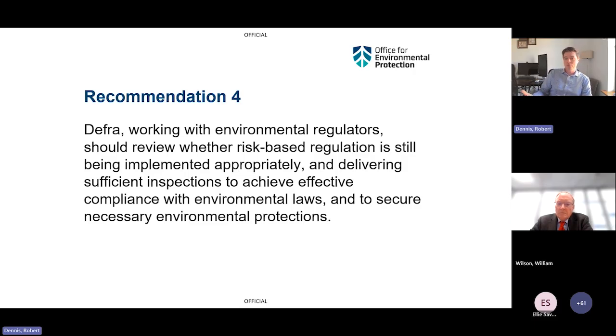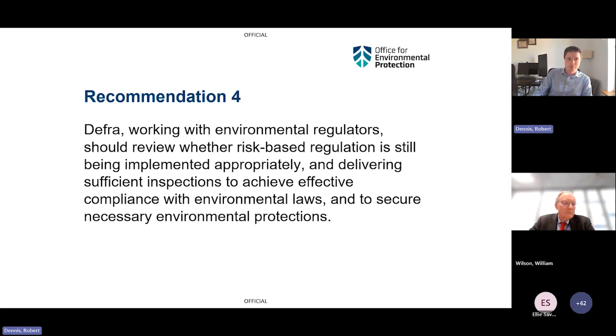And of course, the principle there is that if you have a site or an activity that is regarded or determined to be of higher risk to the environment, it's going to receive more compliance scrutiny. And generally what we found in our case studies was that where regulators had attributed higher levels of risk to certain activities or sites, they did then give them higher levels of scrutiny. But at the same time, we certainly had some questions arising through looking at this. So, for example, we found that in quite a few of the regimes we looked at, a very high proportion of sites or activities weren't receiving any scrutiny at all because they had been deemed to be low risk.